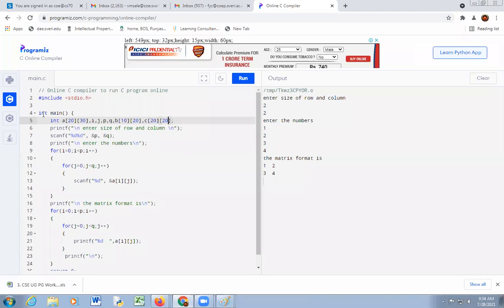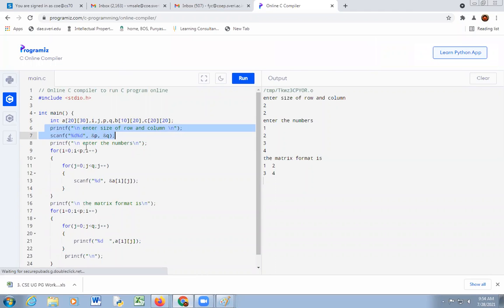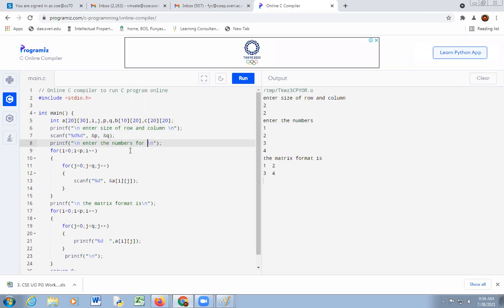Then line number 6, see here, enter row size and column size. Okay, you have entered. Then line number 8, printf to enter numbers for the first matrix.